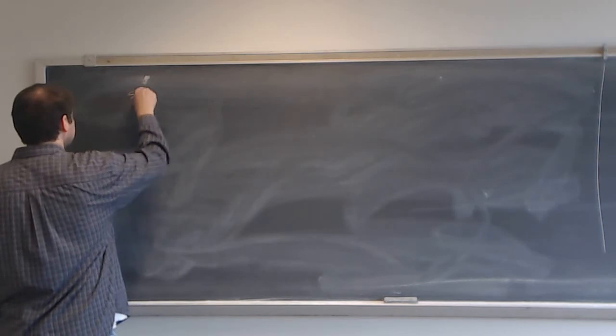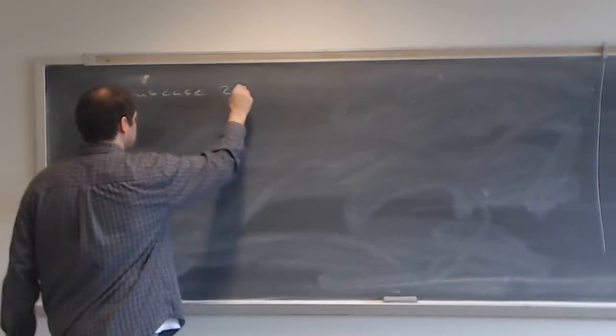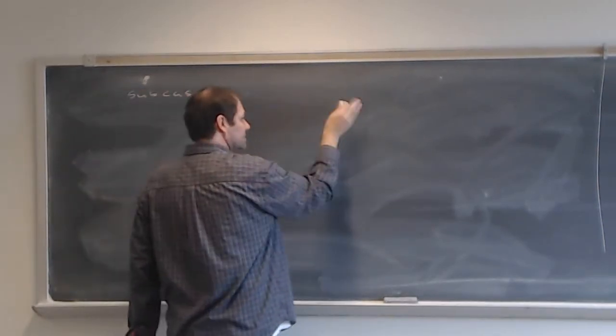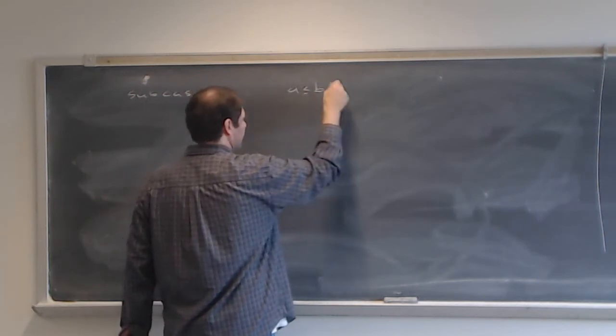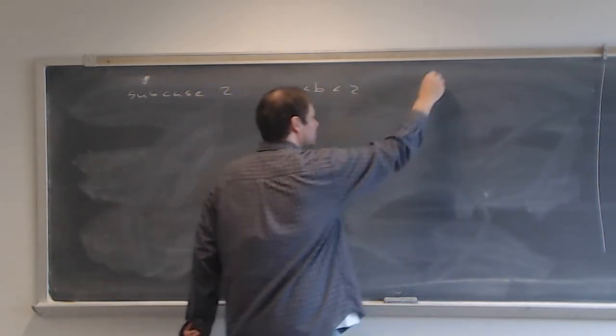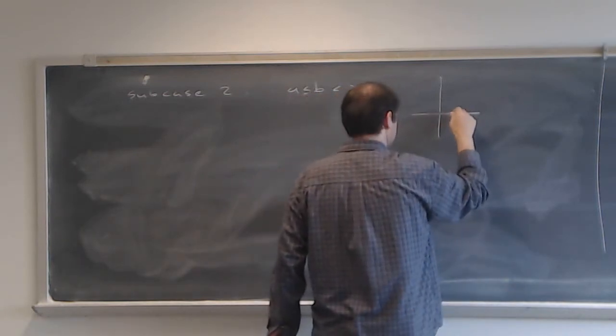Okay, we're going to have another subcase, and that's where the b was bigger than the a, yet less than 2. So subcase 2, remember a is sandwiched in between 0 and 2. So here we have b is bigger than a, but yet still less than 2. And so our picture in this case